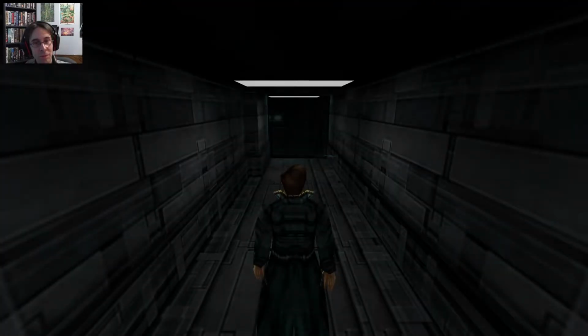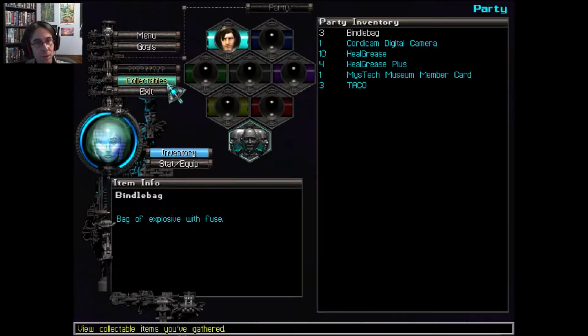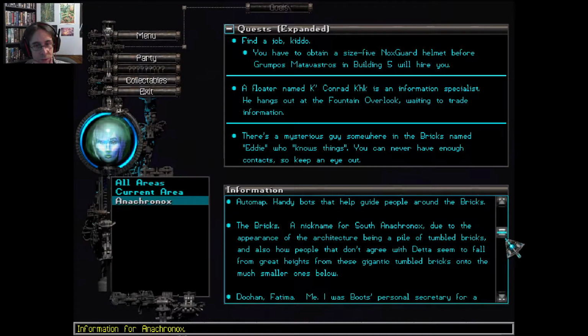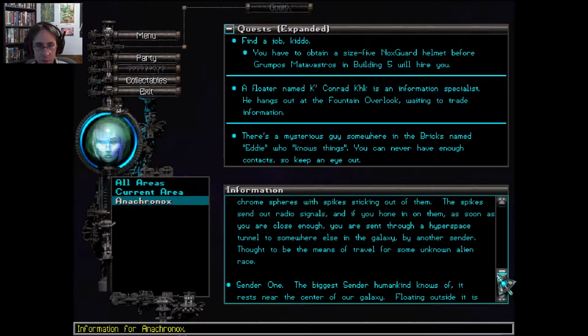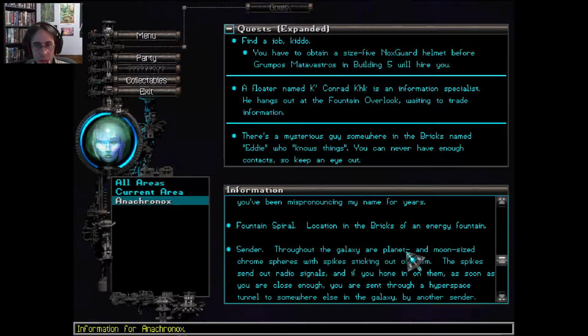Oh yeah, all areas in the quest you can go here, and you have information on Anachronox. All sorts of little things. That's fun. If you haven't played for a while, this game really helps you. Just where was I? All the information is there. You'll be like, oh yeah, Sender 1, Sender. What is Sender? Yeah, apparent moon side chrome spheres, spikes through them, the spikes,